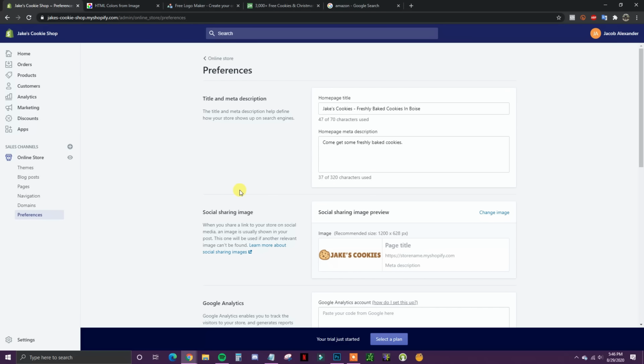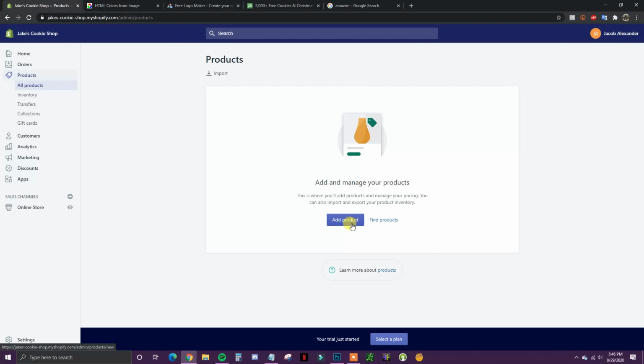One hour in, and we're finally going to add a product to our online store. Who would have thought? If we come over here to the top left, we can click on products. Right here, we can go ahead and add a product. Now, there's three main ways that you're going to be adding products. You can either add products one at a time manually, which is what I'm going to be showing you today, or you can add products via CSV, which you can do by clicking the import button up here,